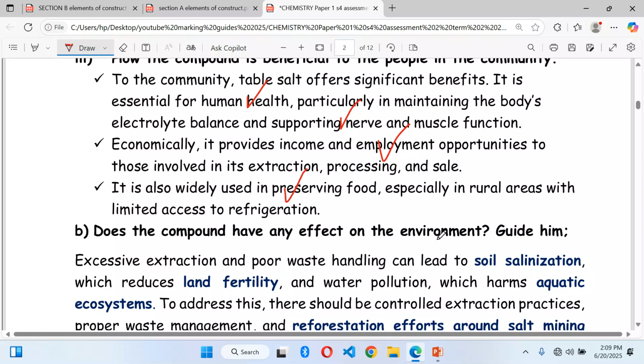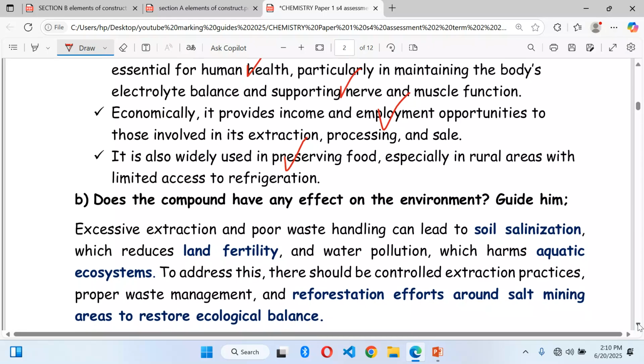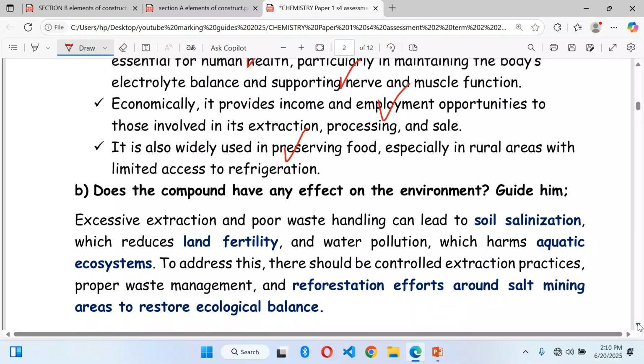Guide him. So here they have not asked you directly, write the impacts. No, they're saying, does the compound have any negative effect on the environment? Then they say, guide him. So here they want us to talk about the impacts of this chemical compound, the one we are talking about as sodium chloride. So we're saying excess extraction and poor waste handling can lead to soil salination, which reduces land